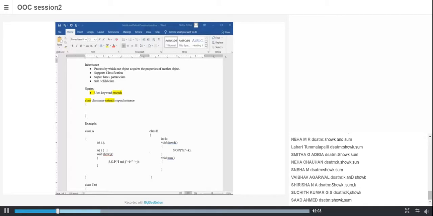When I say class B extends A, it means that along with these three members, K, show K, and sum, B has the members of A. What are the members of A?